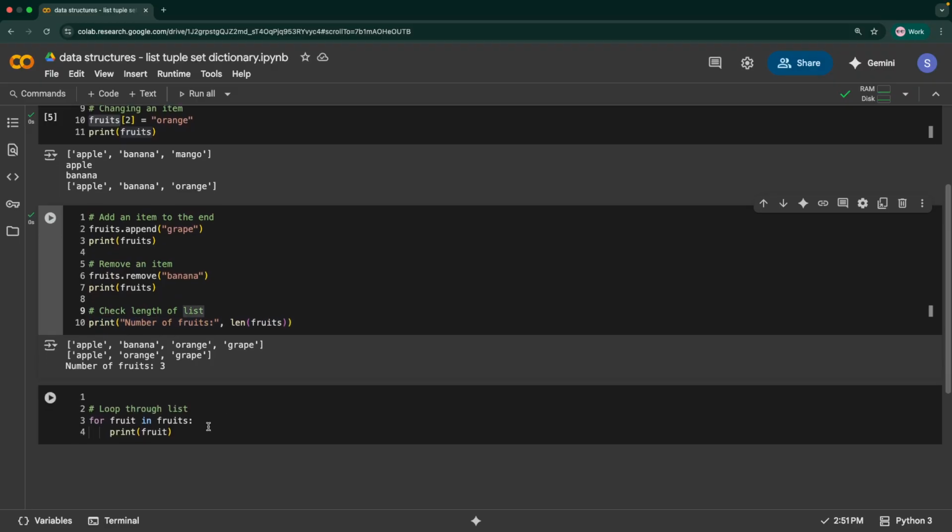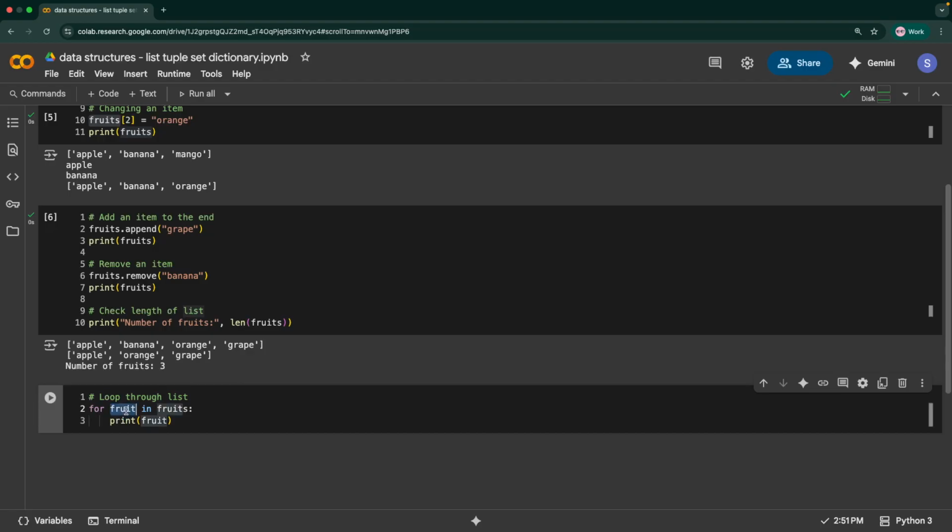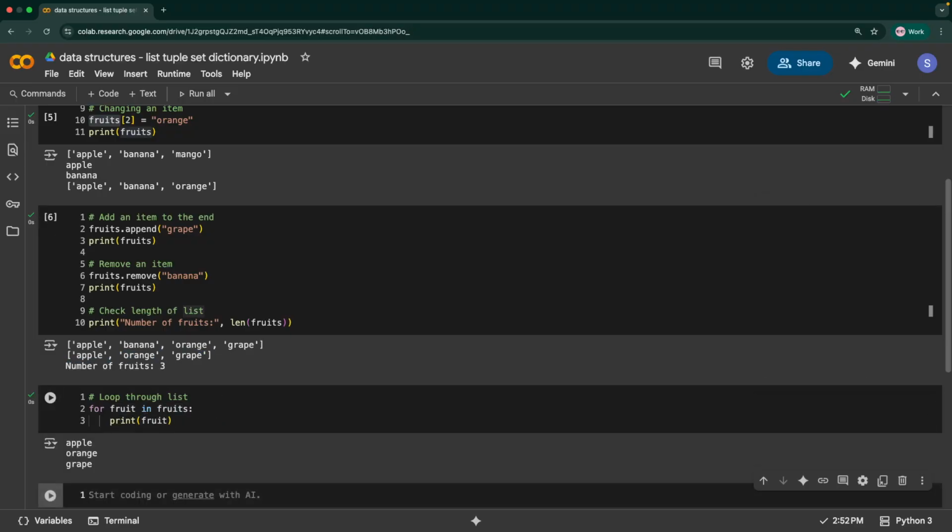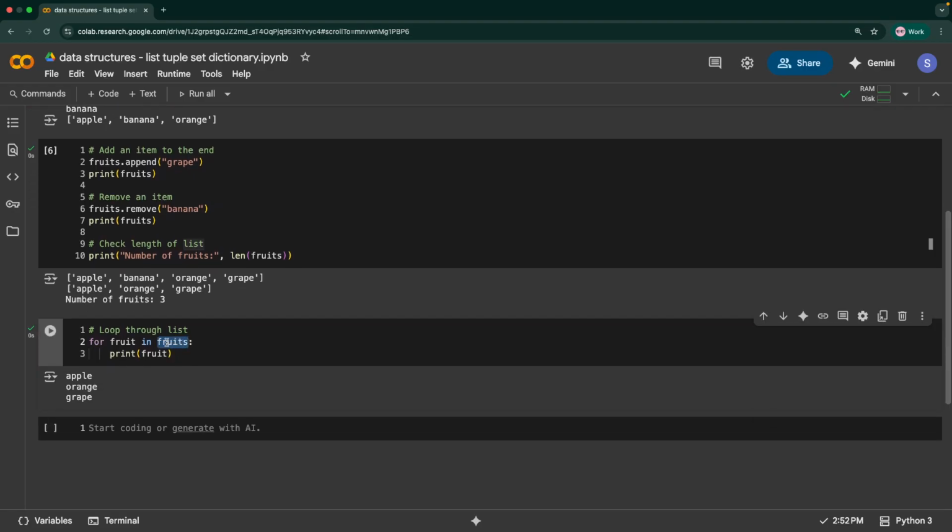So we have used this for i in range of some number, right? Similarly, instead of range, you can also iterate over a list or any collection of data. So in this, when I say for fruit in fruits, fruit first takes the value apple, next it would take the value orange, then it's grape. So it would iterate over this particular list that we have created, and at each step it would print that fruit. The for loop iterates over the list of fruits that we have over here. So these are some of the basic operations that you can do, and how you can iterate a simple for loop over a list of data.